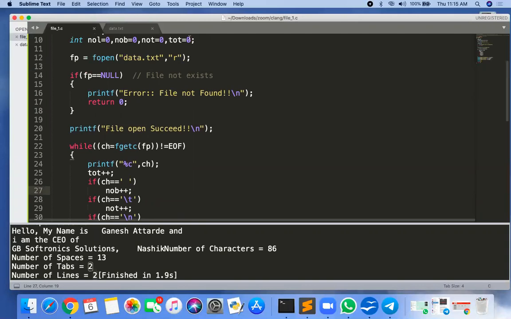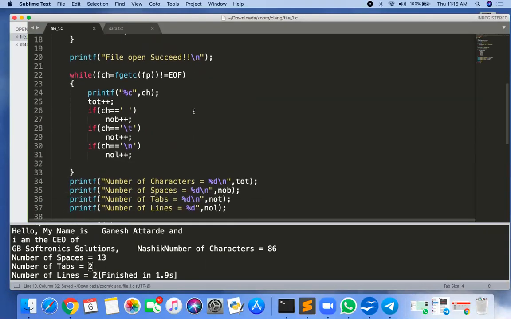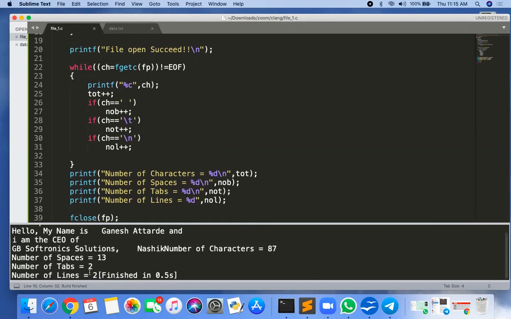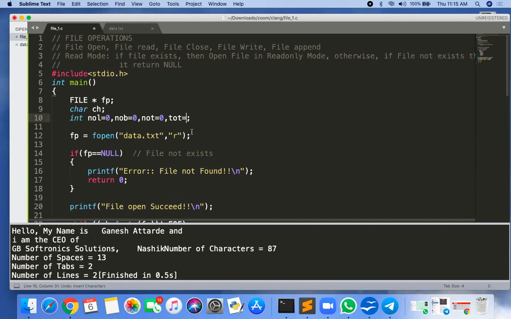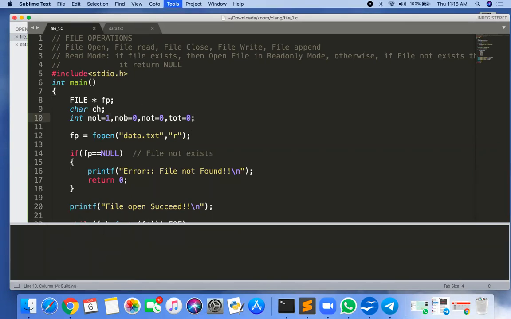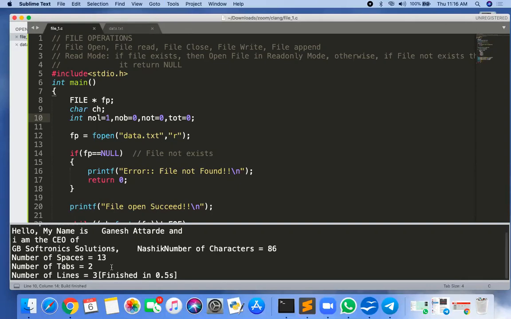So I can modify here NOL equal to 1, not TOT, number of lines. Okay, so number of lines is 3 now, number of spaces 13, number of tabs is 2, and the total number of characters is 86.